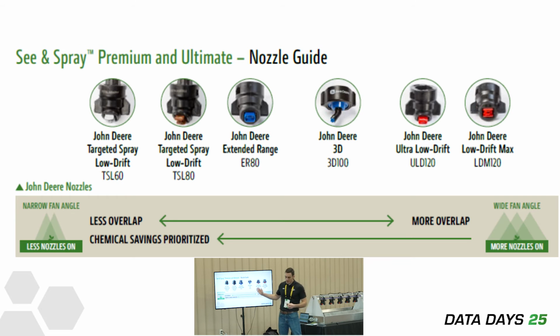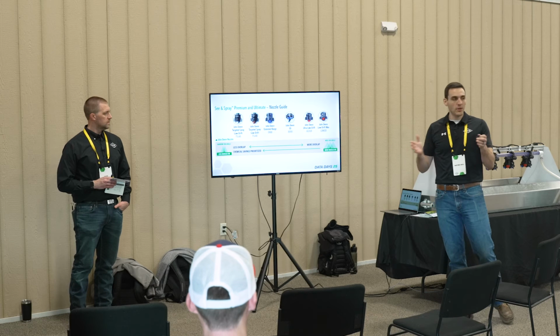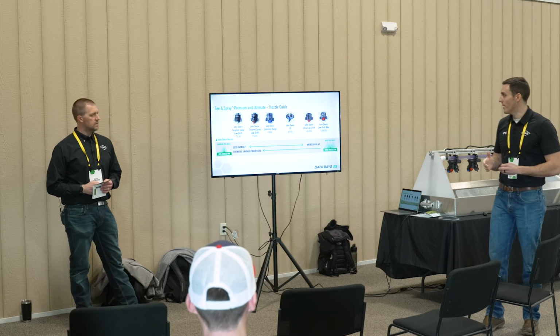But typically you'll see better chemical savings the narrower the nozzle, the narrower the fan angle, because fewer nozzles will turn on to target a specific area, right? The wider your fan angle gets, typically the more nozzles will turn on to get the proper amount of coverage or overlap, depending on where the weed is in the field, right? So